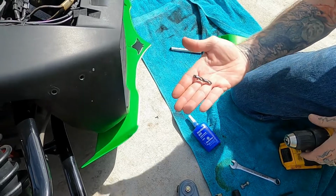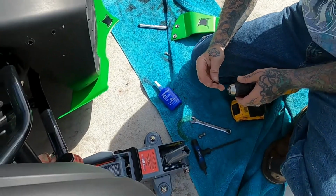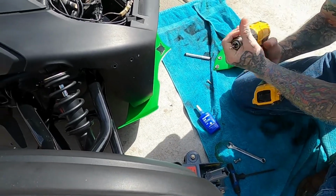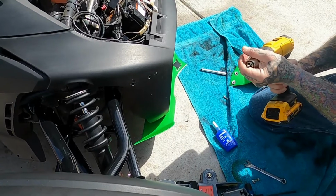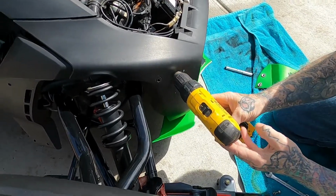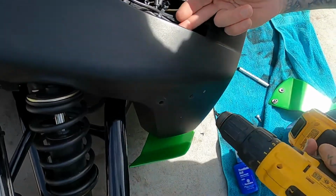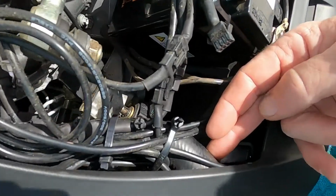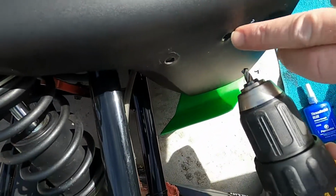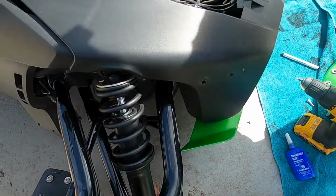I shortened up my drill bit so I can put it in my drill, and that way I'm not going real deep, as you can see, into my piece. That way, as you can tell, there are radiator hoses back here, and they pretty much go right where my hole is, and I don't want to put a hole in my radiator. So for safety's sake,